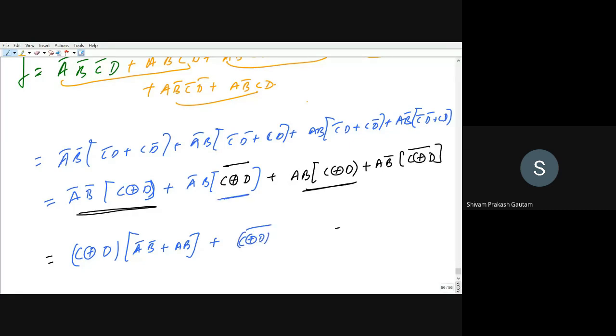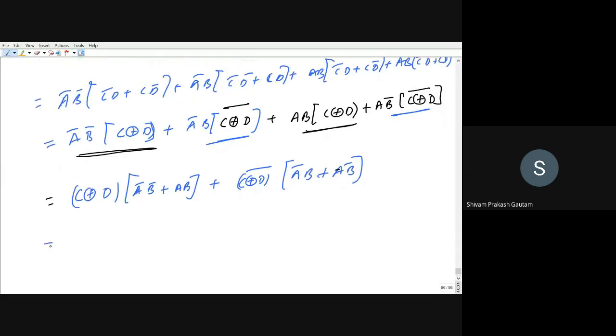If I take common from these two, I will get A bar B plus AB bar. So this I can write C XOR D, A XOR B whole bar, plus C XOR D whole bar into A XOR B.